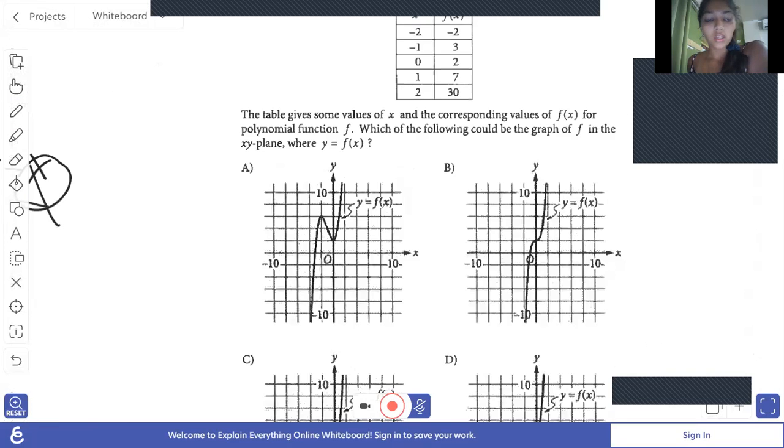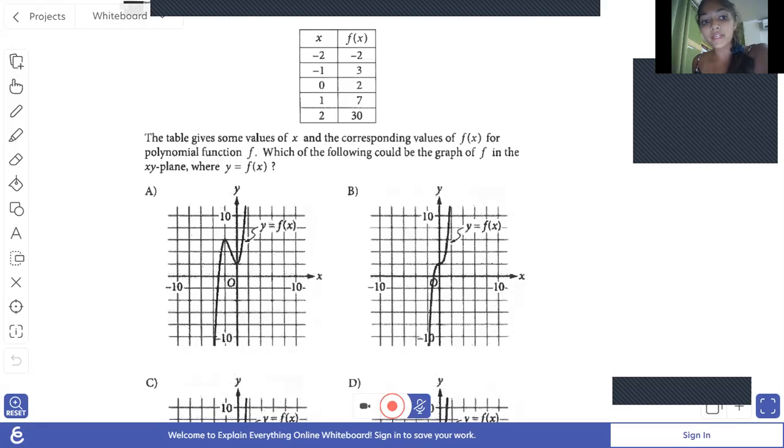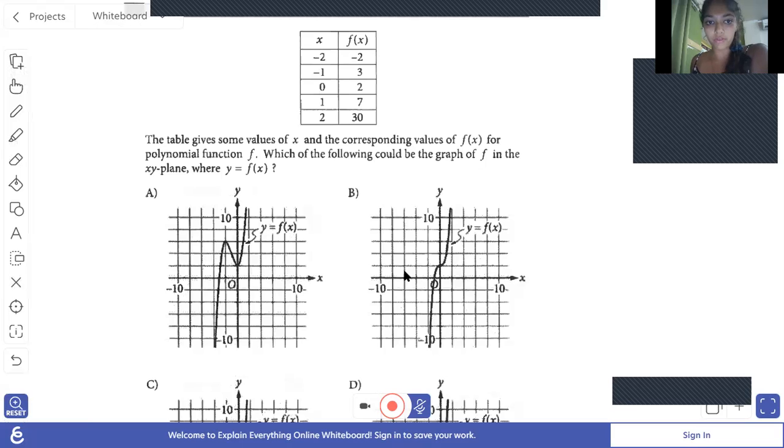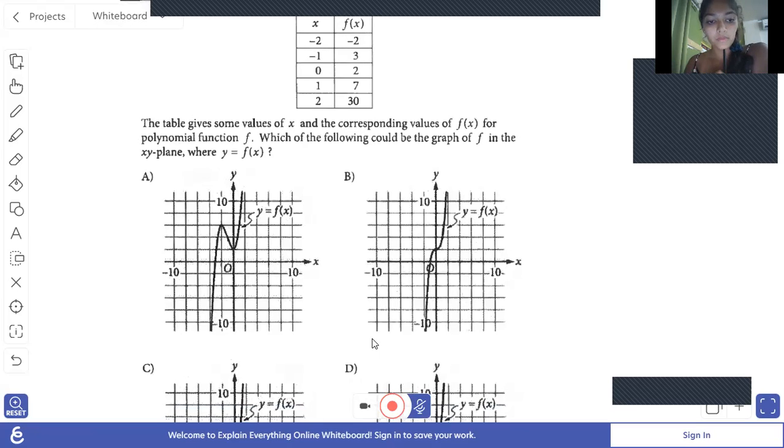Question 7. The table gives some values of x and the corresponding values of f of x for polynomial function f. Which of the following could be the graph of f in the xy plane where y equal to f of x? Okay, so over here,